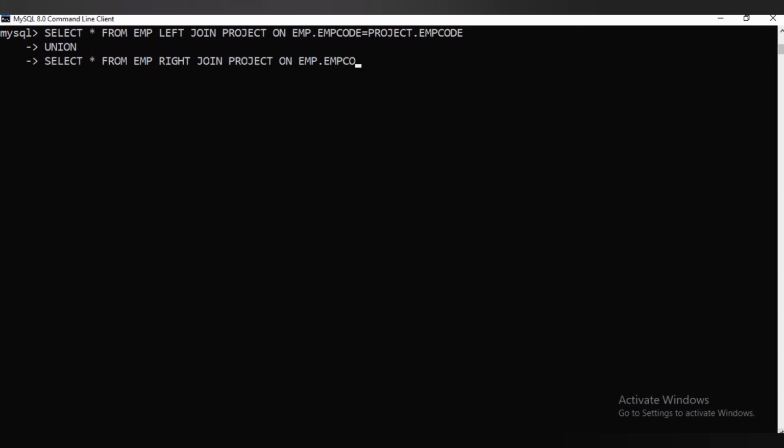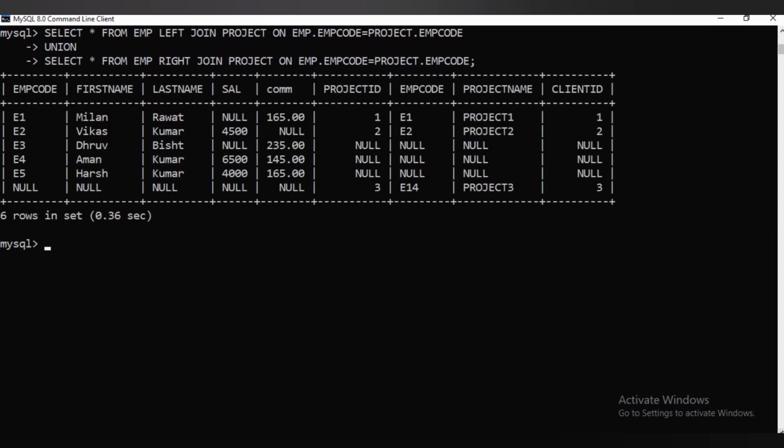E1 to E5, as project 3 is not associated in the emp table. In the emp table it will contain null values, and E3, E4 and E5 are not associated with any project. For that, these records will contain null values in the columns of the project table.